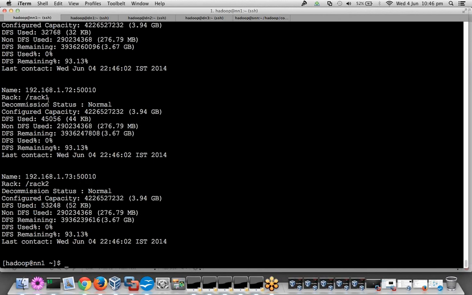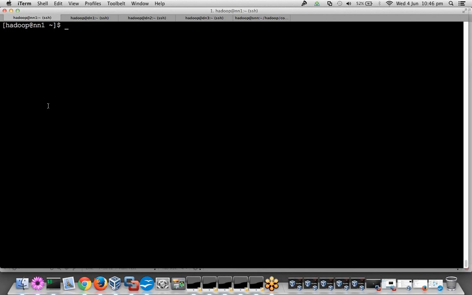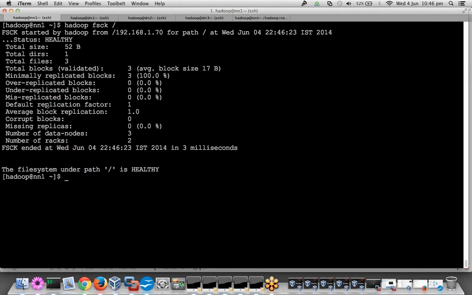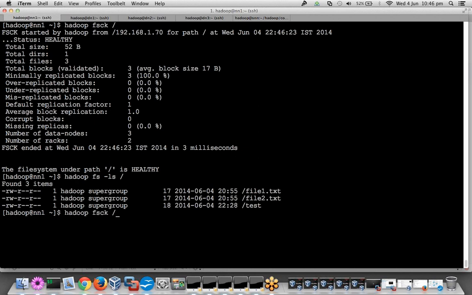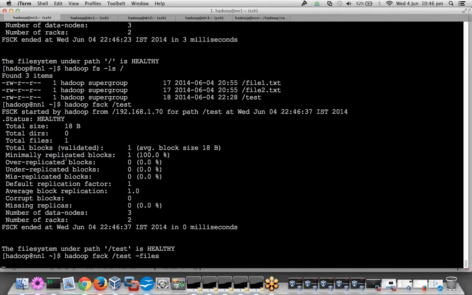we have already configured rack awareness, right, as we have seen till now. So we can go a little deeper into what exactly happens at, let's say, the file system level. If I do fsck on my file system, it will tell me the consistency level, and I want to check, let's say, the consistency of a particular file, the test file which we have copied. I can check for that, right? I can also do it at the files level, right? It will tell me